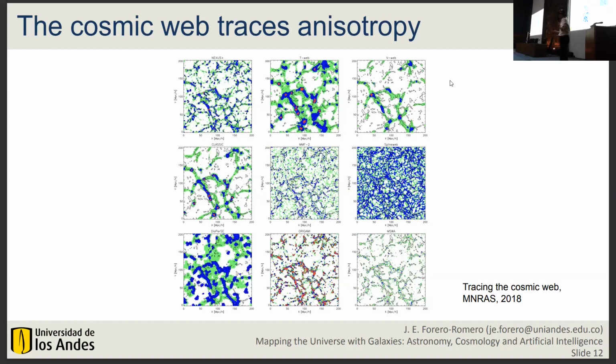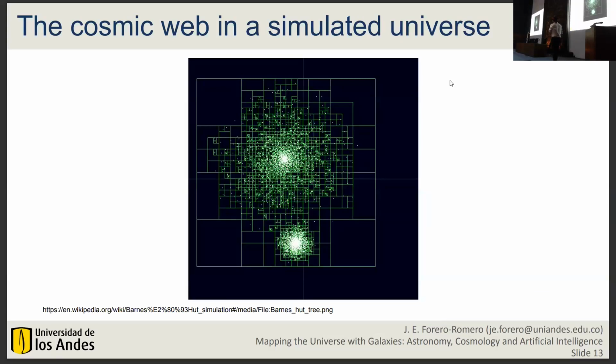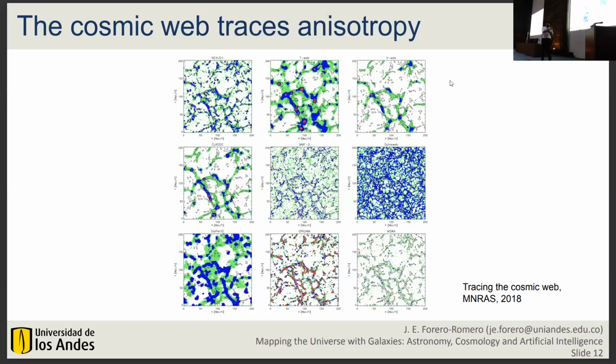Let me explain a little bit more of that. Every time that we use one of these algorithms, implicitly or explicitly, you have to put a grid on your data, and that grid is going to fix some scale. That is not really physical, it's a scale from your algorithm. So basically what is happening here is that those algorithms are probing different scales of the cosmic web. But what is interesting is that now you have a tool, many tools, in fact, many algorithms, to say whether a dark matter halo or galaxy, if you have a survey, is a galaxy sitting in a void, in a filament, in a sheet, or in a cluster.